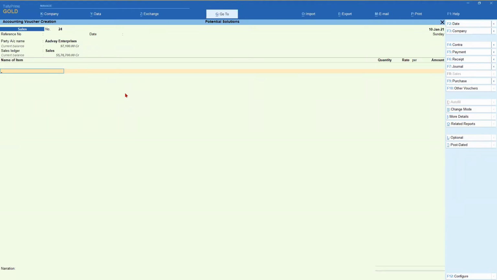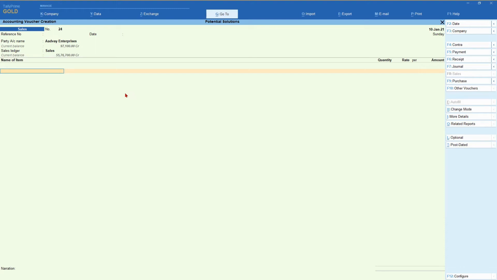So there are basically three ways of recalling your stock item. Number one is the primary stock item name that you specify. You can recall or you can select the stock item by specifying the name of the stock item. Or if you have given alias for a stock item, you can pick the stock item by specifying the alias also.